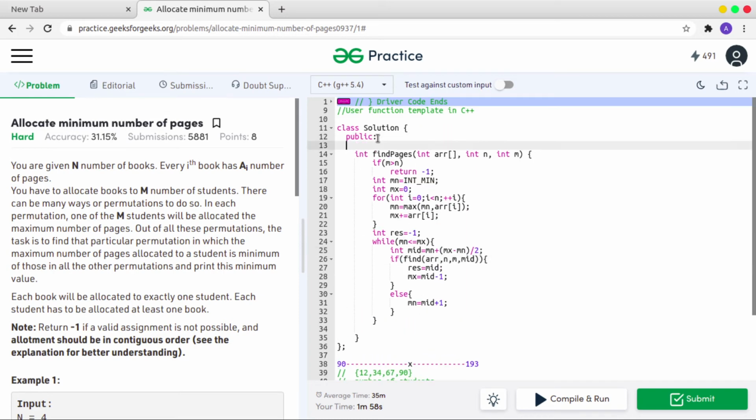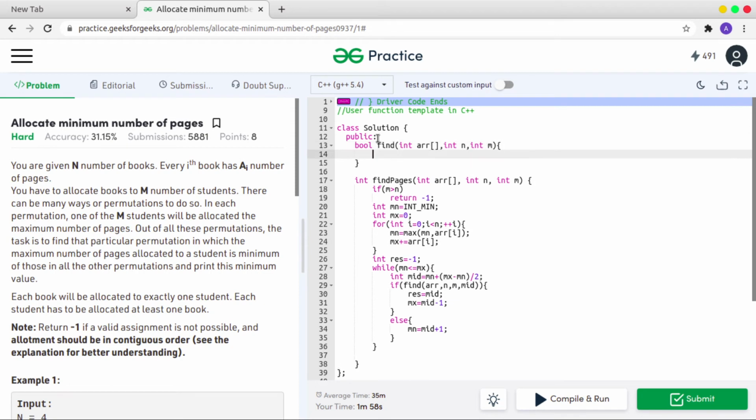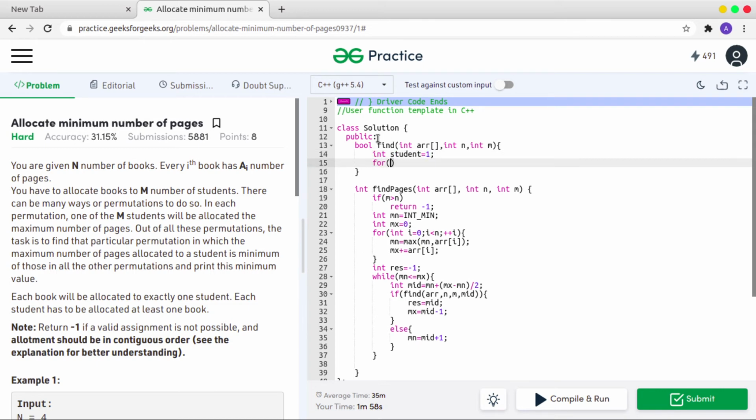Let's define it. bool find(int arr, int n, int m). Okay, so why am I going to do this, wait, let's see. int students, you should have a minimum number of students, 1. for int i equal to 0, i less than n, plus plus i.